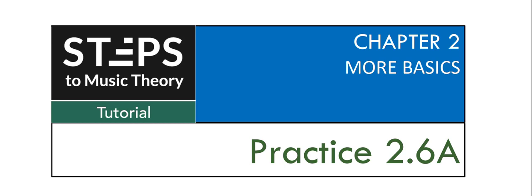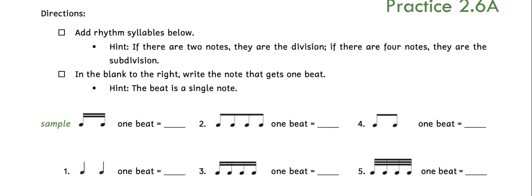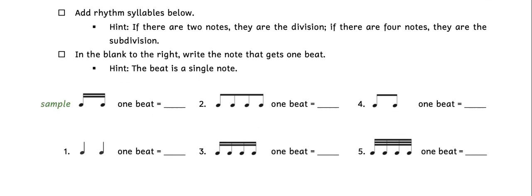This tutorial is on practice 2.6a. Directions. Add rhythm syllables below. In the blank to the right, write the note that gets one beat. Okay, so I mentioned a couple of hints in the directions, but we'll talk about them as we do these